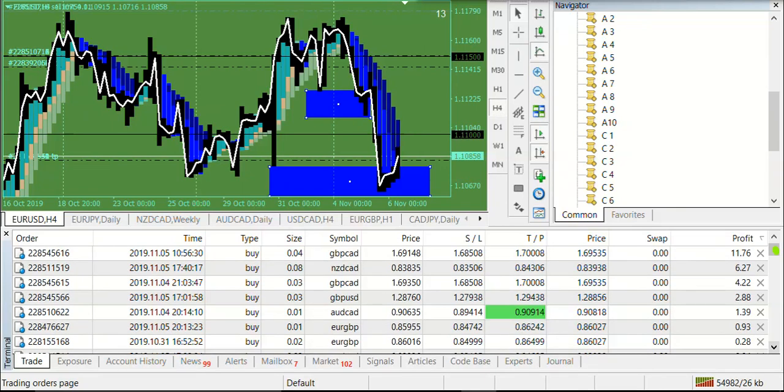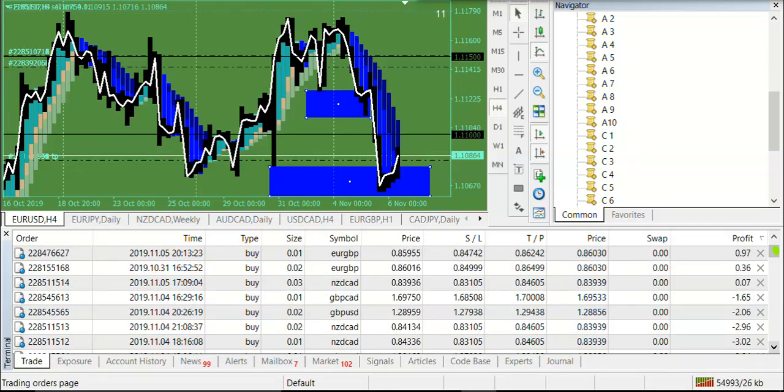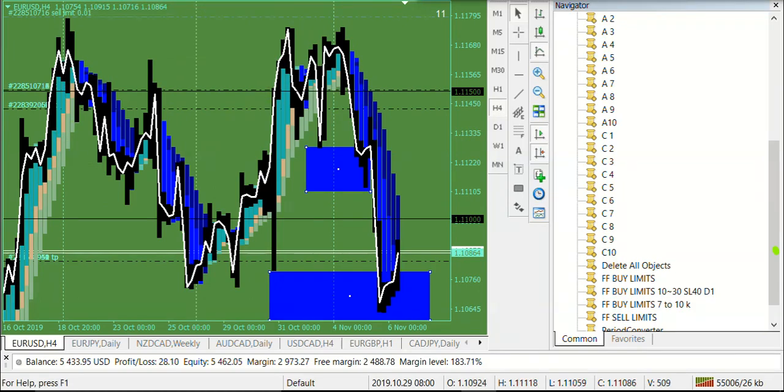The euro versus the pound. I think that's going to the moon eventually. That talk about trapped at a discount. So my losers are. Oh, they're all buys. Almost up $500 on that. Let's move on to the